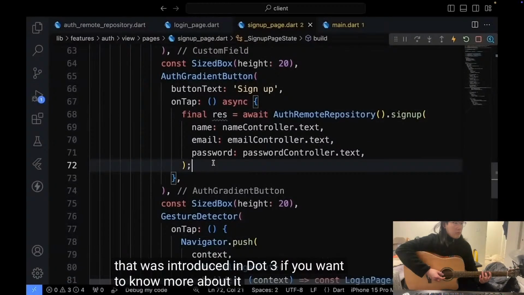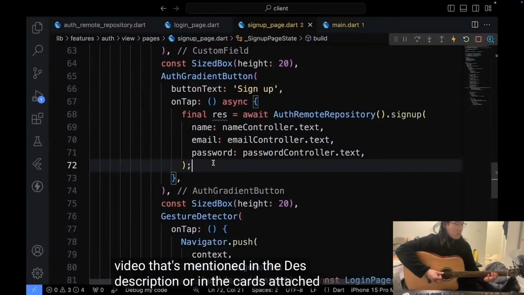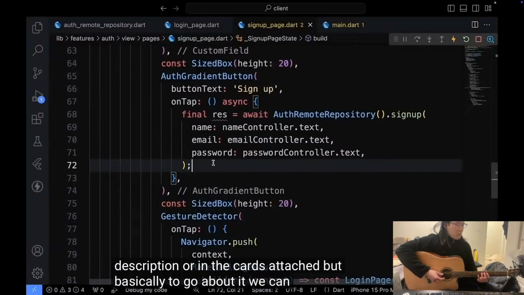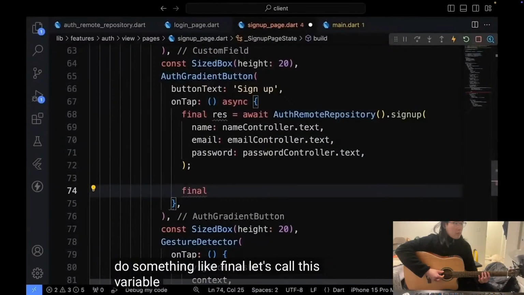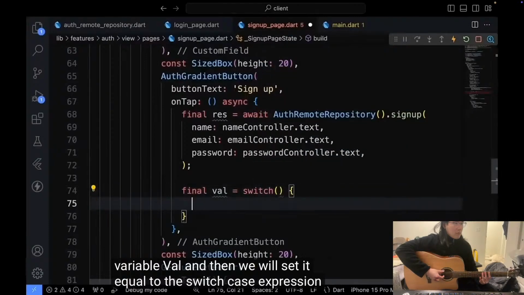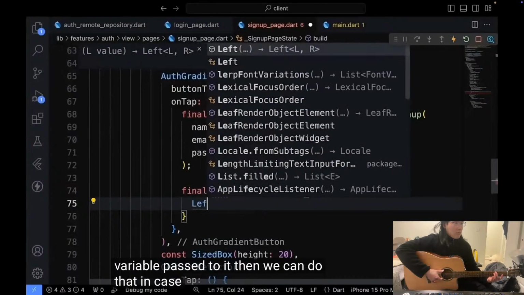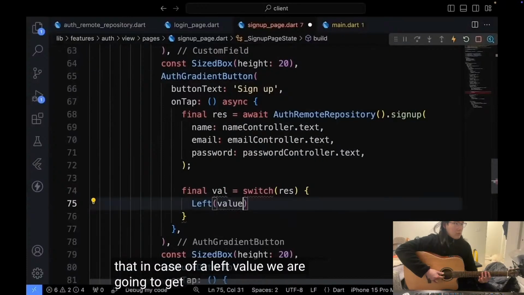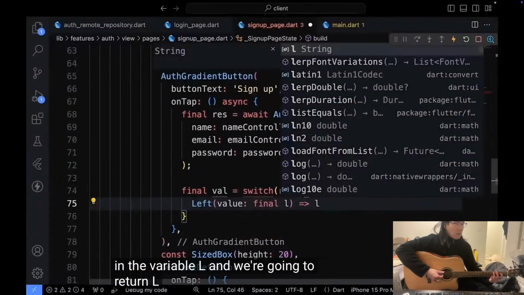If you want to know more about it, you can watch the video that's mentioned in the description or in the cards attached. But basically, to go about it, we can simply do something like final, let's call this variable val, and then we will set it equal to the switch case expression, and this switch will have the result variable passed to it. Then we can do that in case of a left value, we are going to get a value which we'll store in the variable L, and we are going to return L directly because it's going